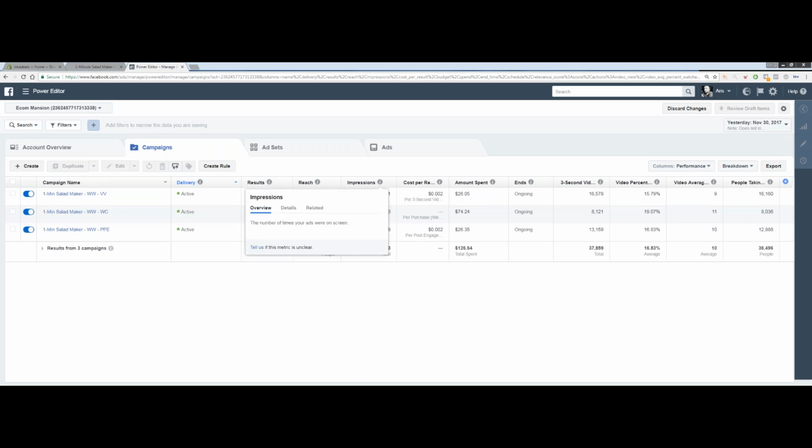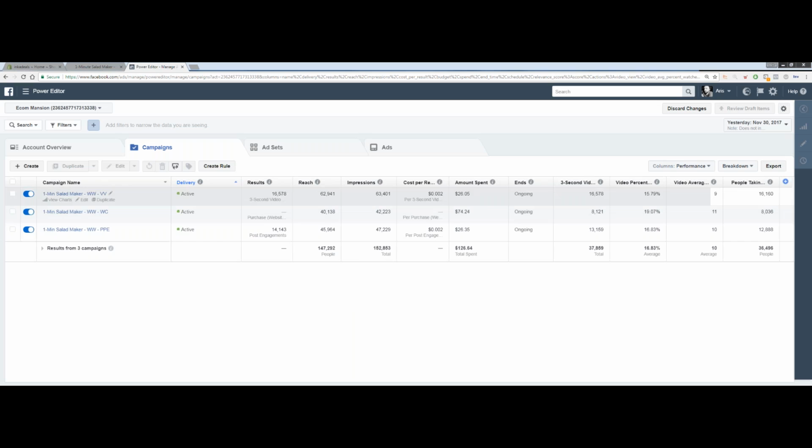I have a long list of columns that I need to take a screenshot and fix. But anyway, there's nothing really to show here. It's a brand new account. It's not even optimized. It doesn't have any purchases. It's optimized for add to carts. That's why you could see some crazy add to carts, if you can even see them somewhere.